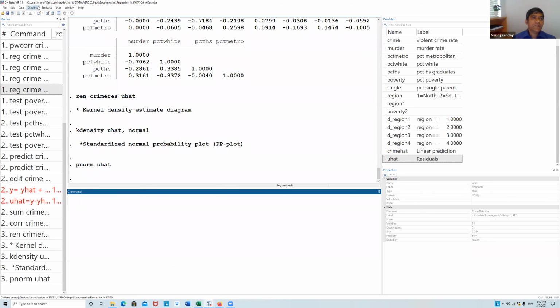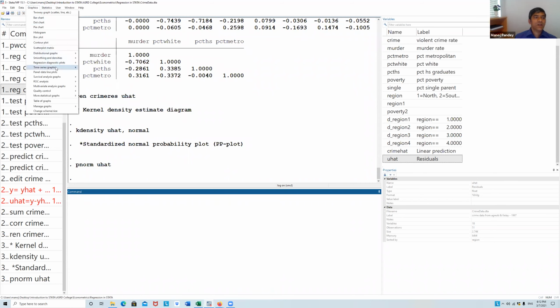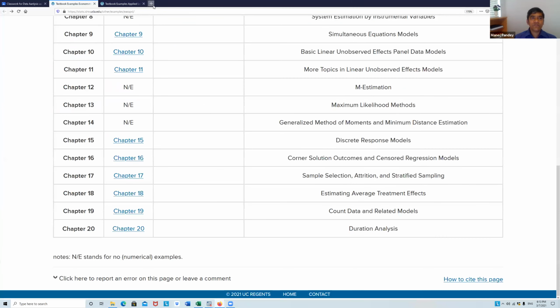So there are ways of doing this. One is you go into the graphics menu, and then you have regression diagnostic plots. Otherwise there are so many other plots, like time series plots and distributional plots. I can see here you have normal quantile plot, normal probability plot, chi-square quantile, histogram, bar, spike plot. So the distributional plots are here. But if not, then it is always easy to find out from here.